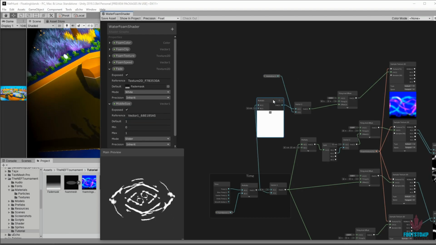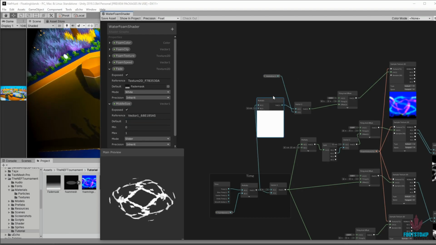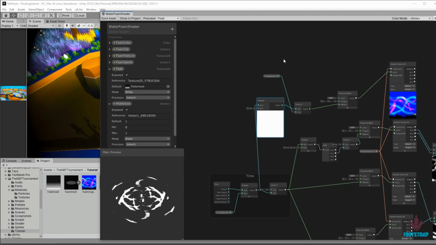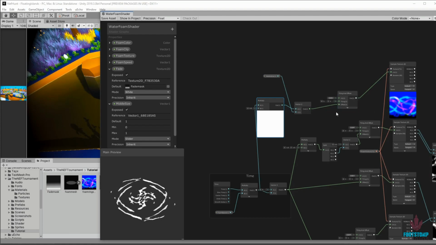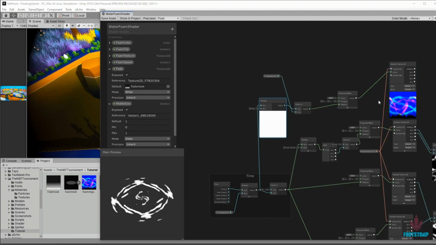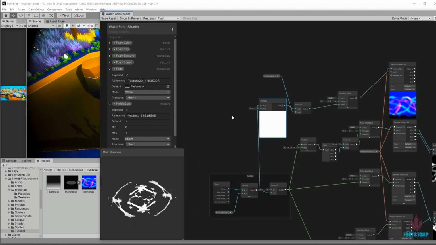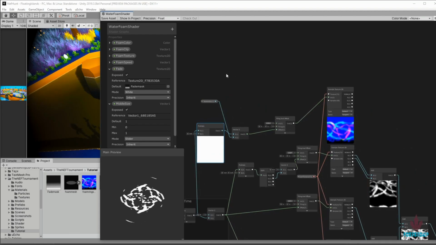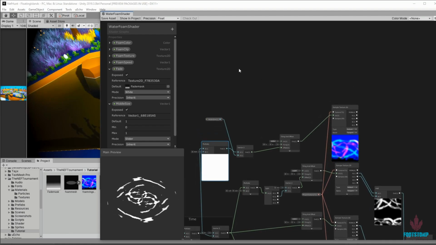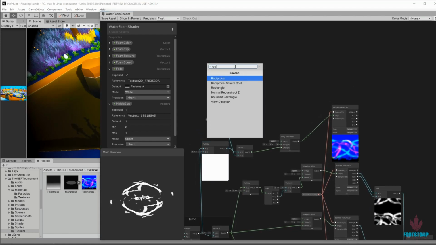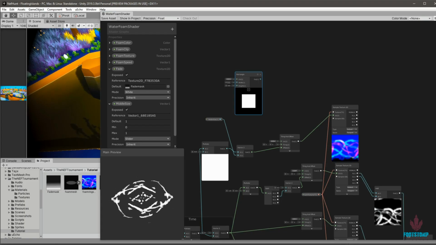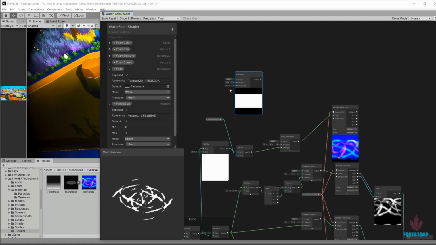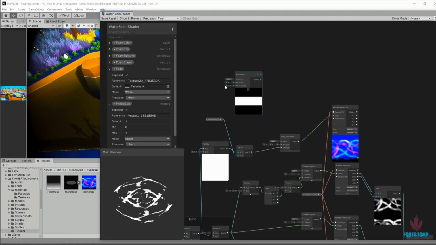But then we're also going to have to mask this out as well, so that when it tiles, the bottom piece isn't going to show. Otherwise, it's just going to duplicate across the whole thing. Tile. So what I'm going to do is add in a rectangle. I'm going to set the width to 1. And then the height, I'm going to